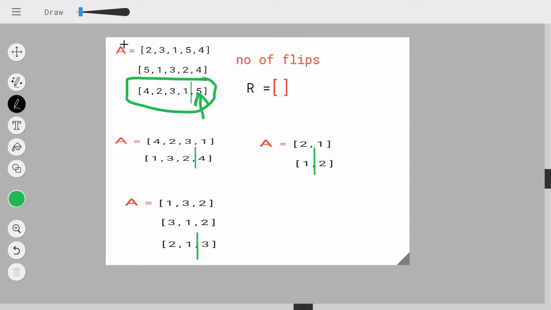I need to reduce my array size, and it is only sane to do that because I know my 5 is sorted. So let's just keep 5 alone. Now I'll pop my 5 out of A, and that's how I get my first portion sorted. So this is done. To move on, I know that 5 is sorted, so I'm popping out my 5.